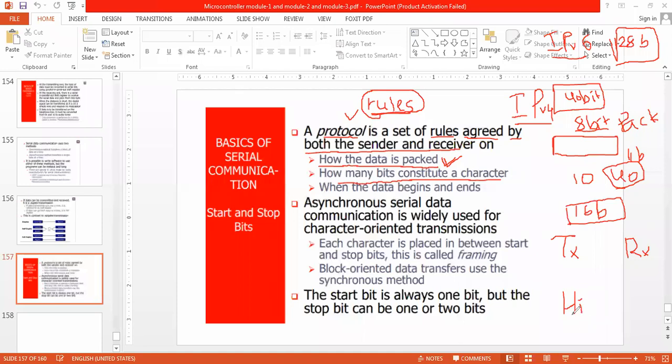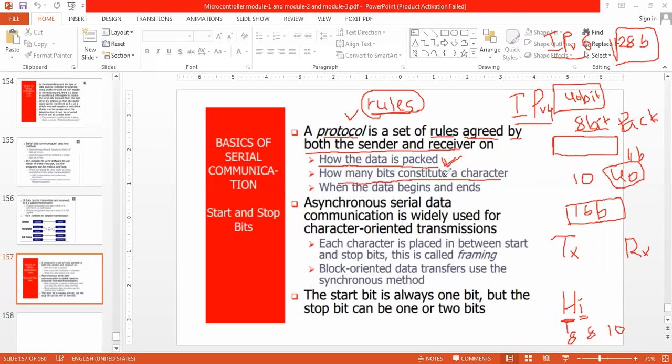If I say hi, H was usually 5 bits before. Now, whatever the character is, H is 8 bits. I is also 8 bits. Now it can be more than 8 bits also. By adding extra bits, I can make it 10 bits.